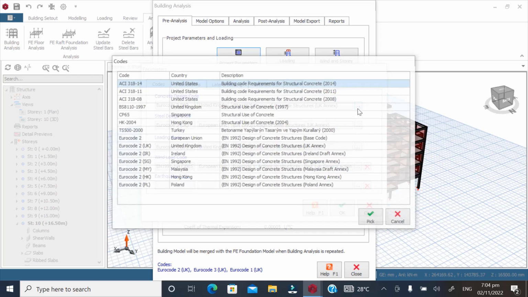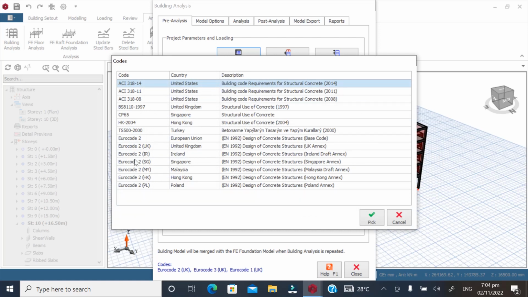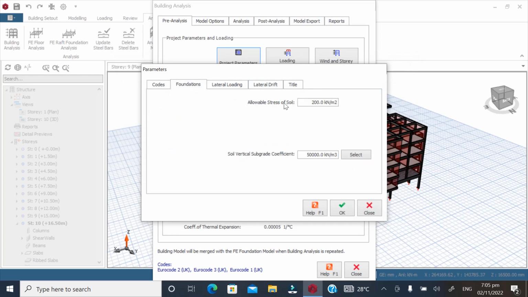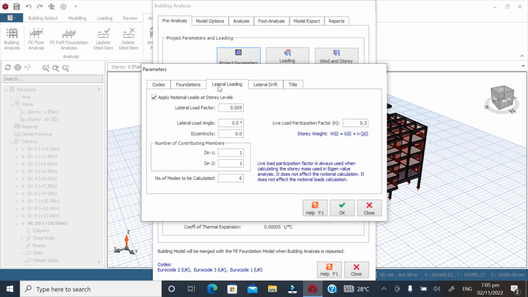If you want to change this, then you can change it here, but I'm not changing anything, so I'll leave it as Eurocode 2. Then for the foundation, for the bearing capacity of our soil, I'm going to assume a value of 150. Then for the lateral loading, I'm going to leave this as default, and